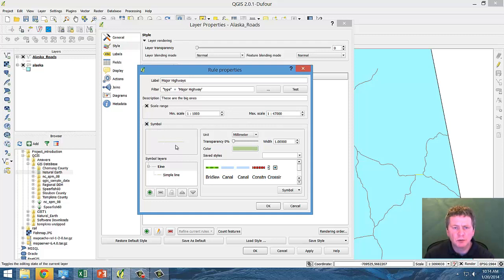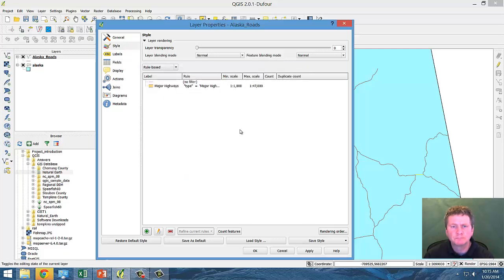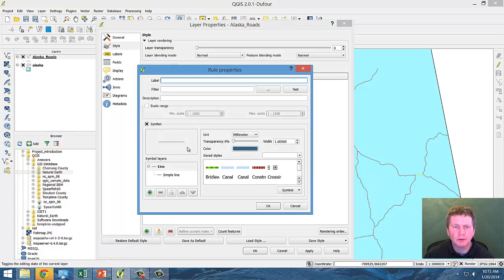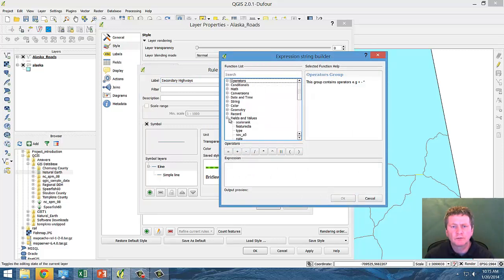And so our symbol is going to be a simple line, but let's scroll down and call it a primary line, primary road. So we'll select something that's already been there. And now we'll add a rule for the secondary roads, and we'll filter these such that the type